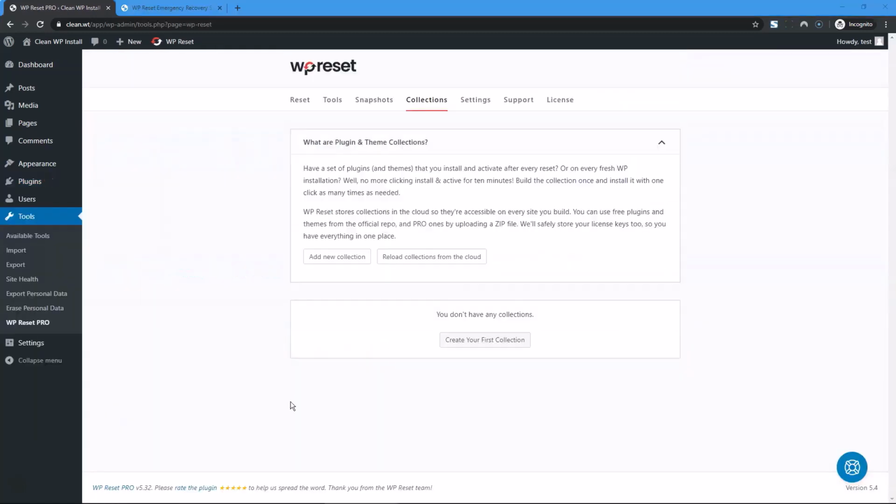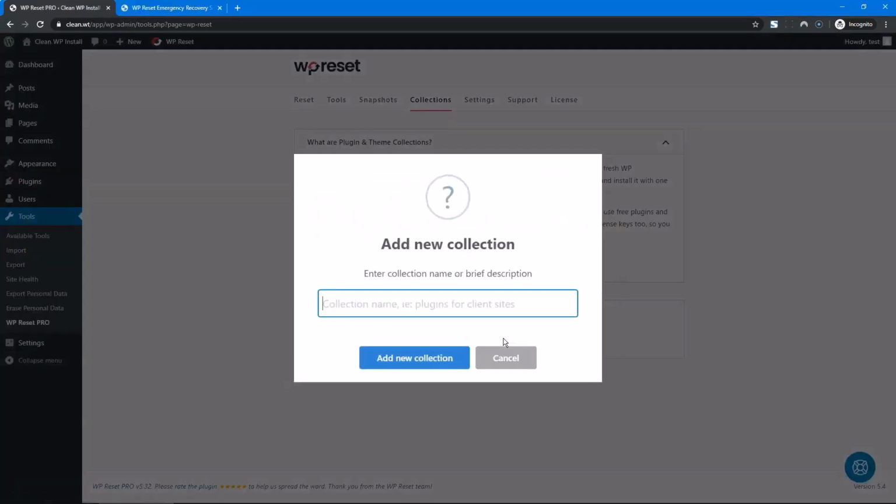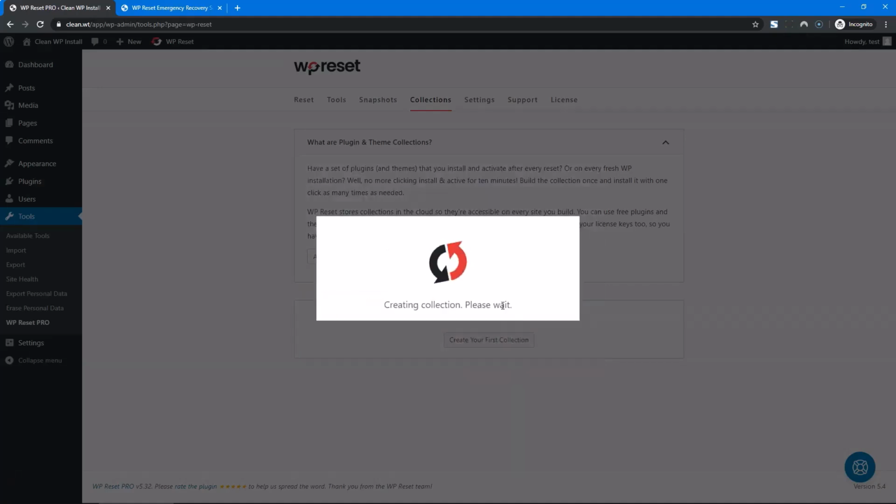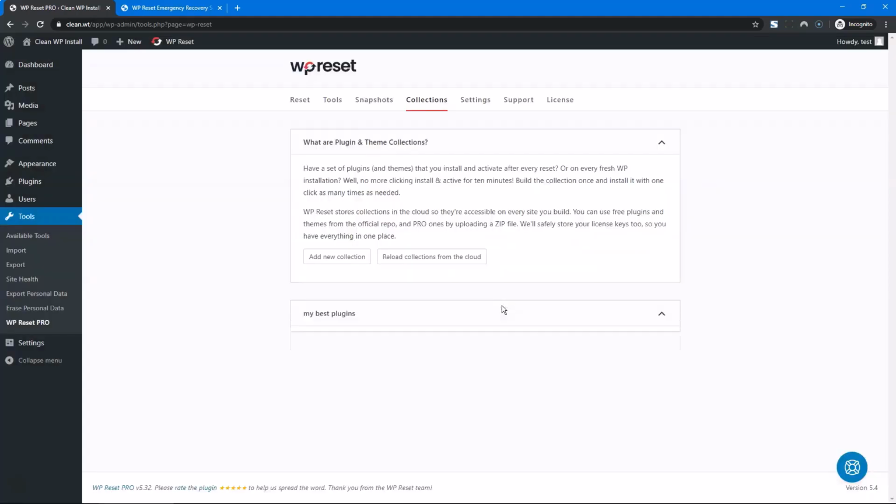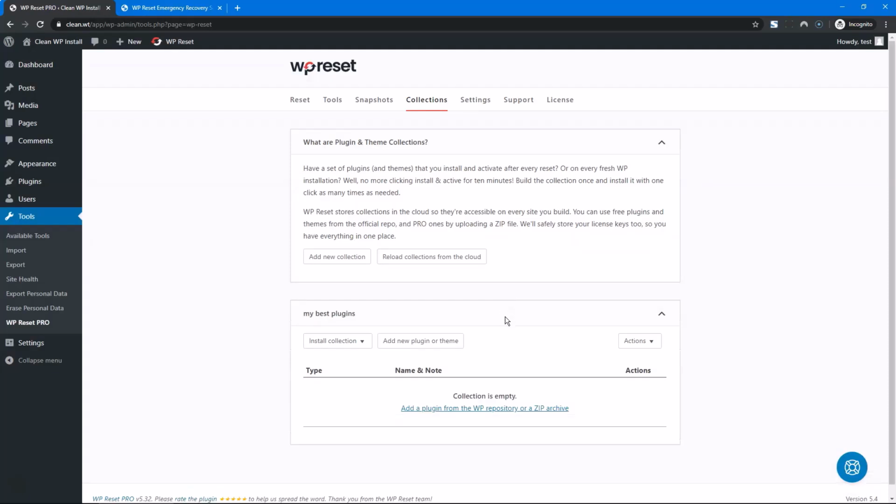We all continuously install the same plugins day after day, site after site. And as little time as you think that it takes for 10 plugins, it can easily be 10 minutes. Why would it be 10 minutes if it can be one click? Let's create a new collection. My best plugins. Okay, so we're gonna create it once and we're gonna use it 100 times,